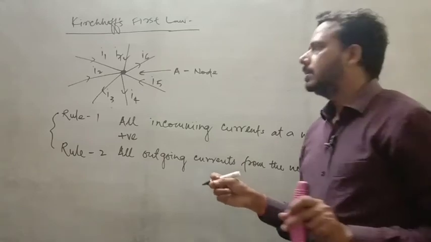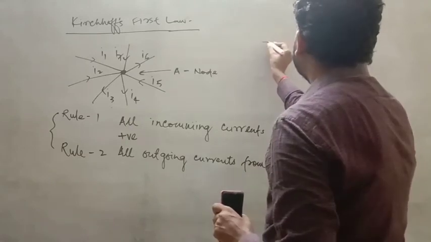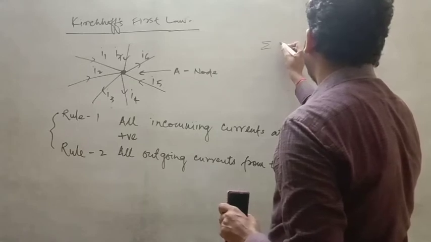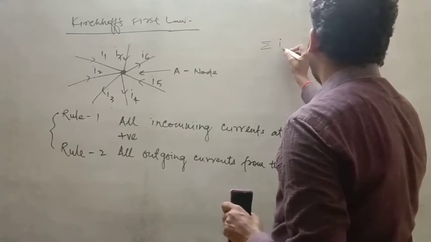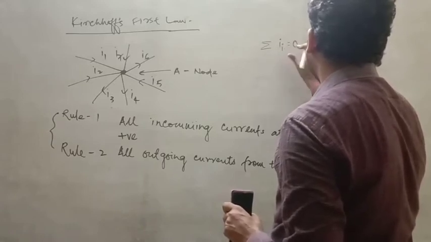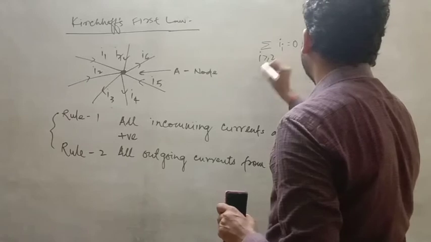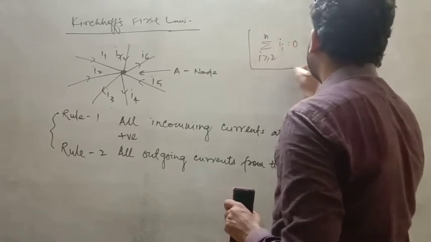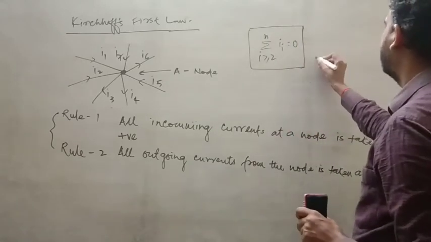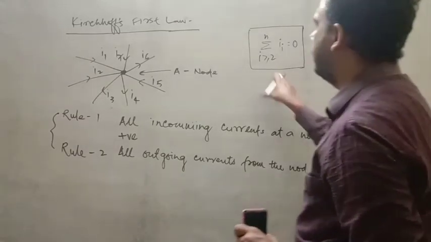According to this one, the sum of all currents, so you just take here the sum of all currents I, so ΣI is equal to 0. This is by definition, where i goes from 1 to n. You can take this according to the first law, that is Kirchhoff's current law, KCL. So you have to apply this here.